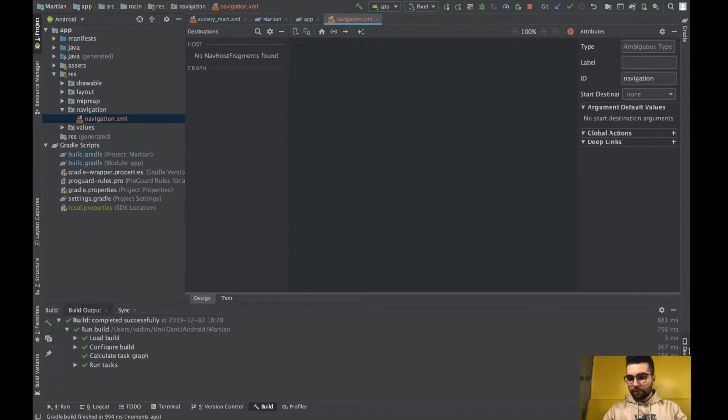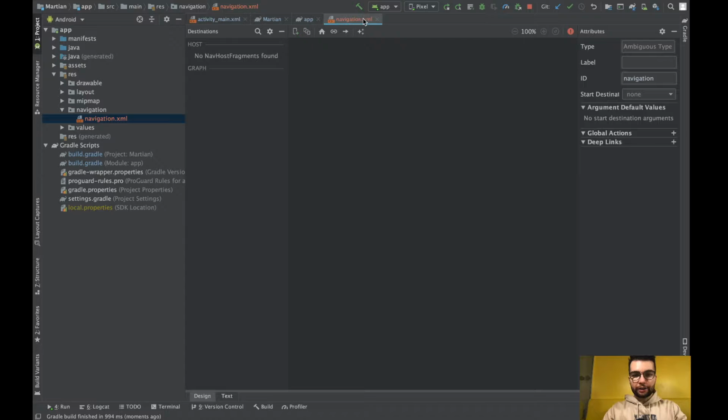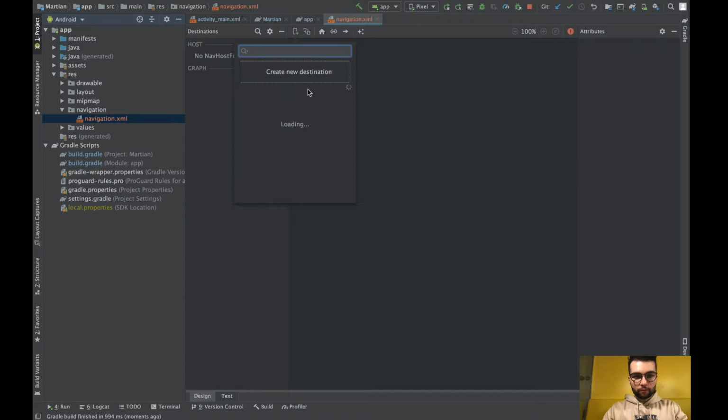Yeah, the dependencies have been added successfully, and now in the navigation XML that we just created, we can come here, and for the design we will add a new screen,